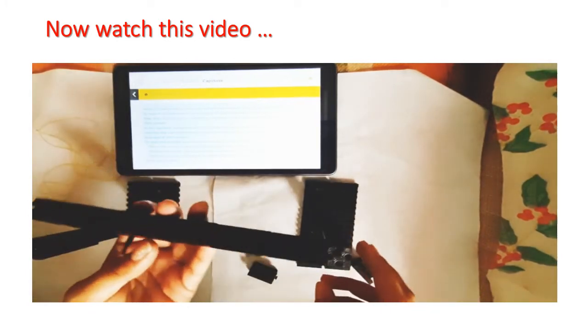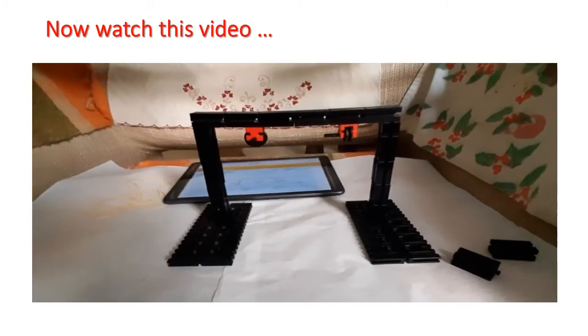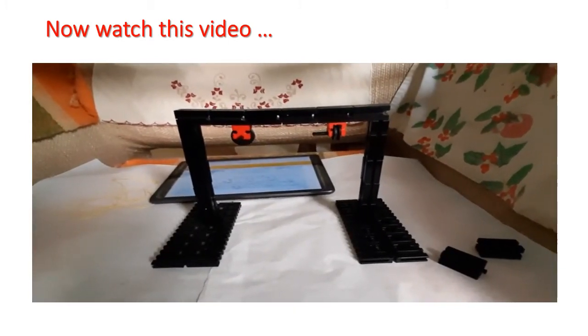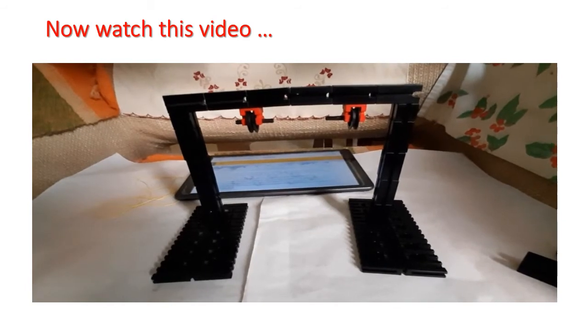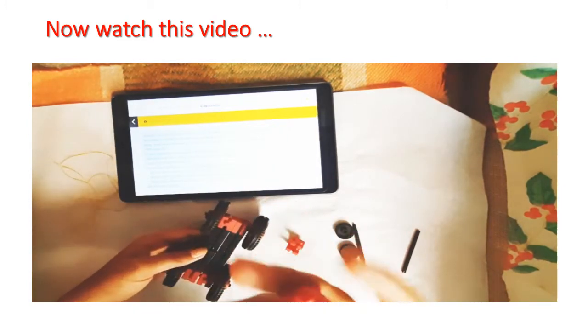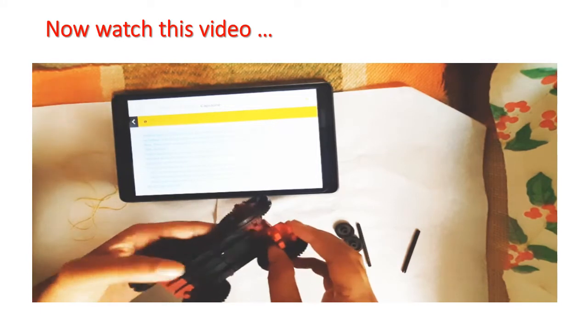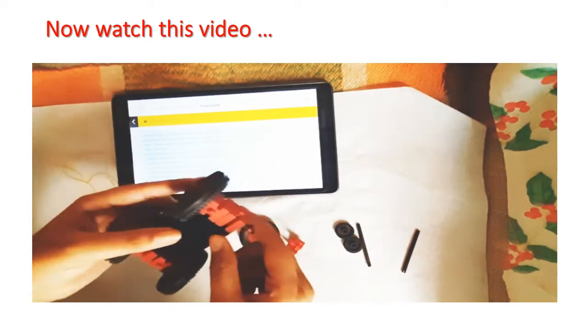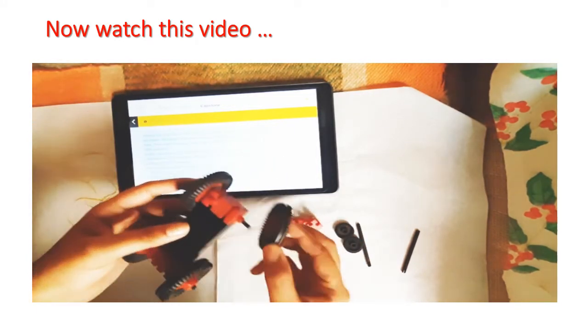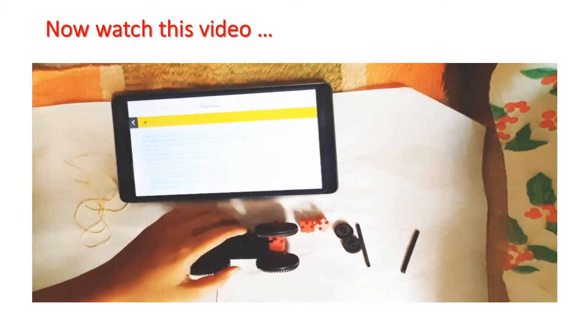And yes, it is done. So our pulley frame is ready. See how it is looking. And this is my cart. You all know how to make the cart. I showed you in project 2 how to make the cart, the same way, the same instruction I followed and made this cart. So my cart is also ready.